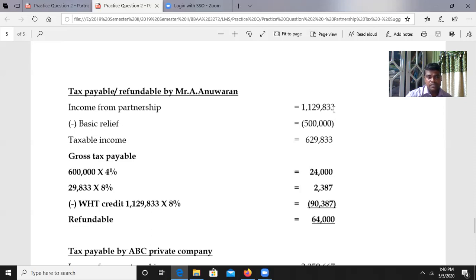2,387 rupees. From that, you can deduct a tax credit, because you already paid withholding tax for the partnership income. So the WGST credit is 1,129,833 into 8%, which is 90,387. That should be deducted from the gross income tax. So the refundable amount is 64,000 for Mr. A. Anuvaran. In case of